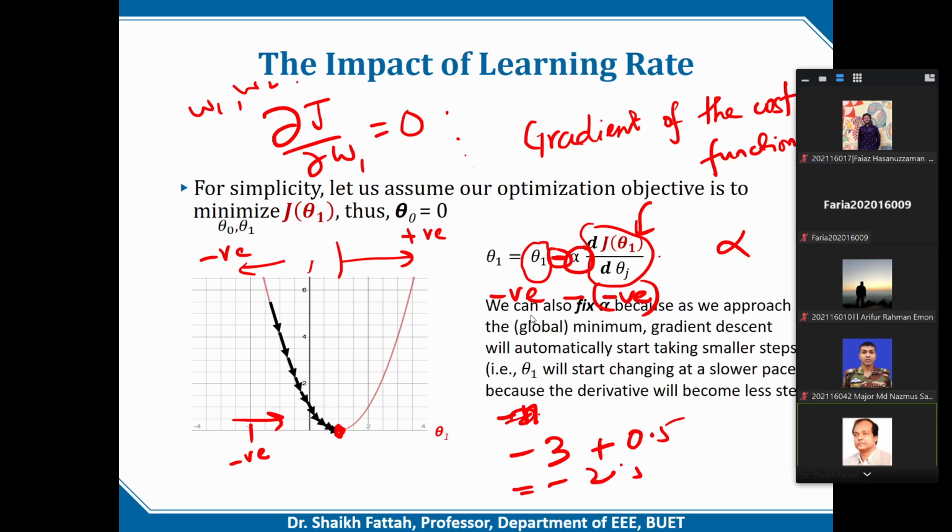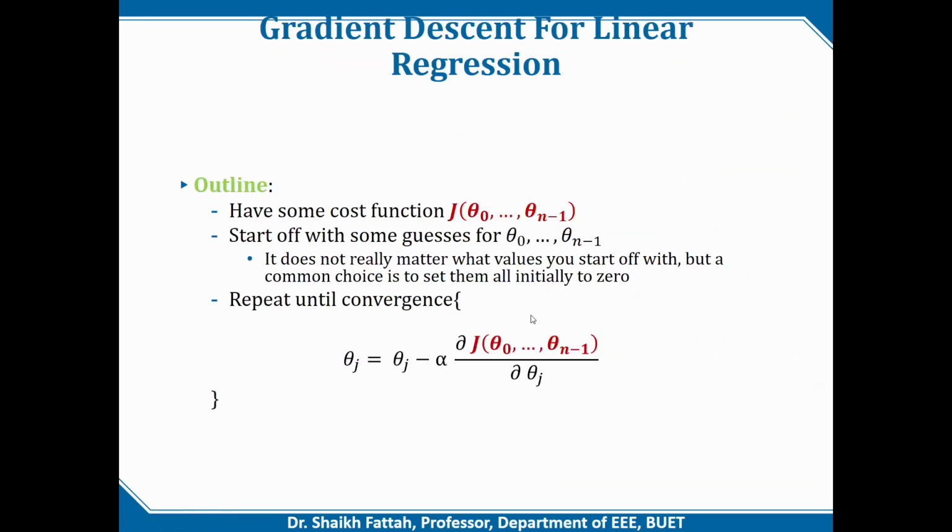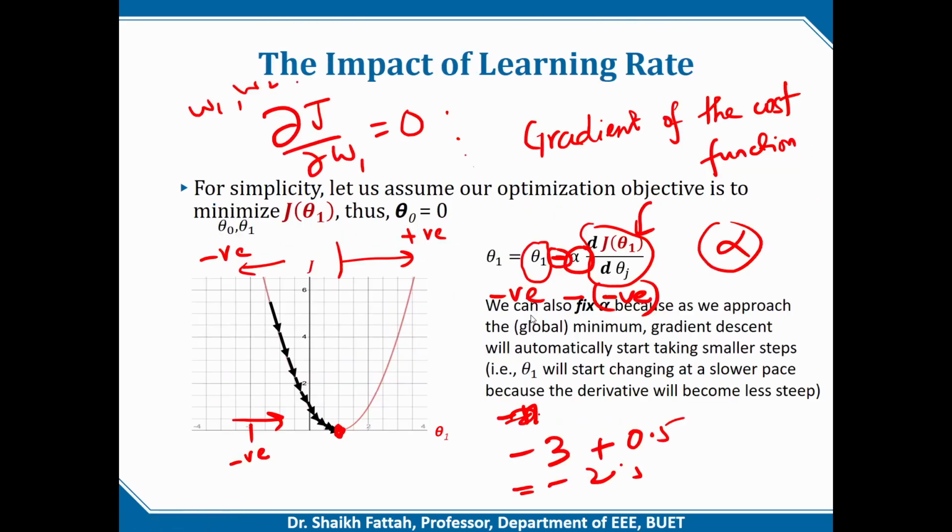And if you take too large a value, then what will happen? It will also be a problem, because in that case, it will create overshoot and it will not reach the desired value. That's why, not too large or too small, you have to select an optimal